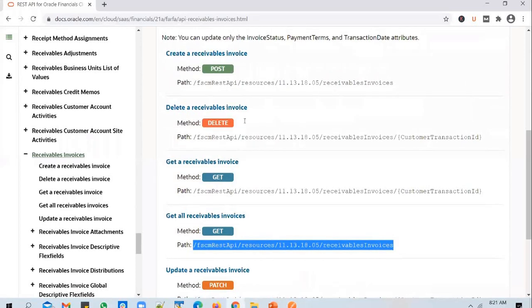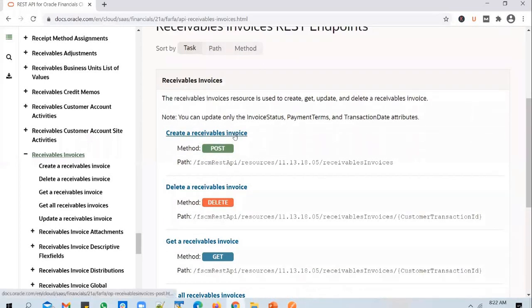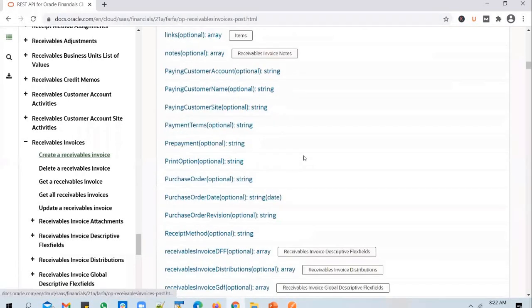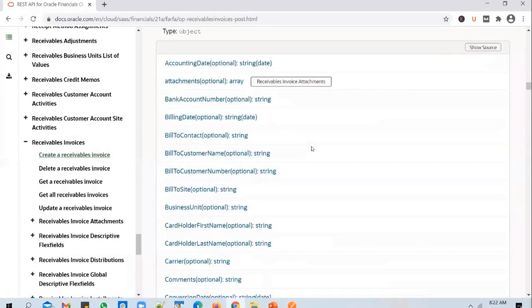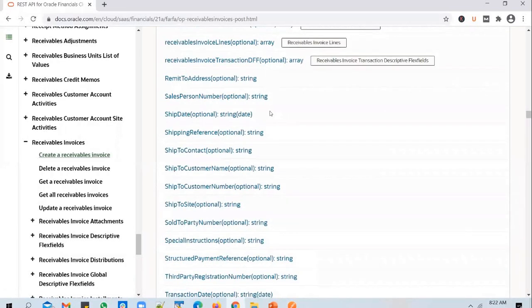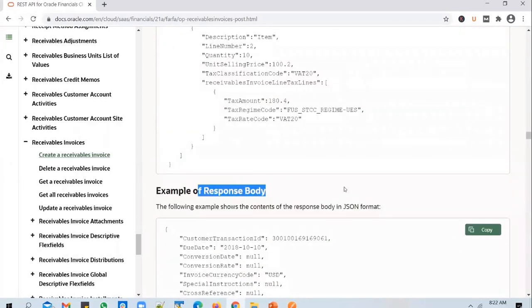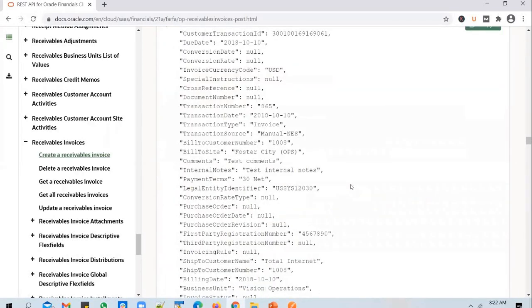And if you want to see what the sample payload is that you need to pass for an invoice to be created, click on create a receivables invoice. For the REST APIs, and for the create REST endpoints especially, if you scroll down, you will be able to see the sample payloads given by Oracle. You will see a sample request payload, and you will also be able to see the sample response payload.